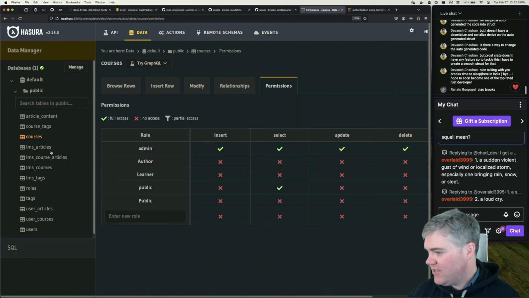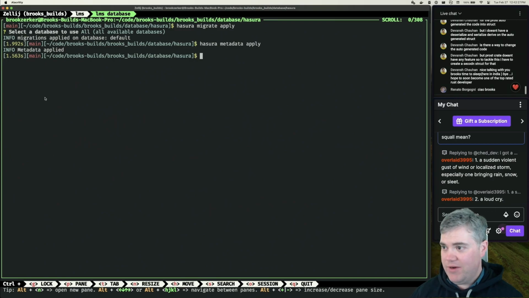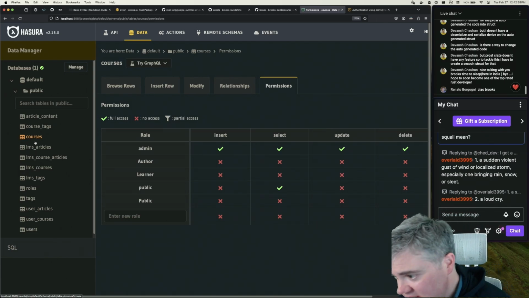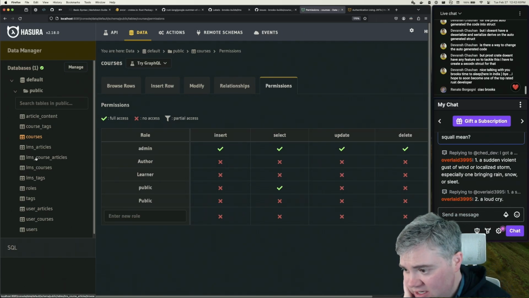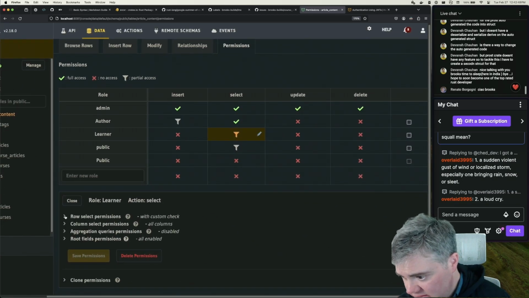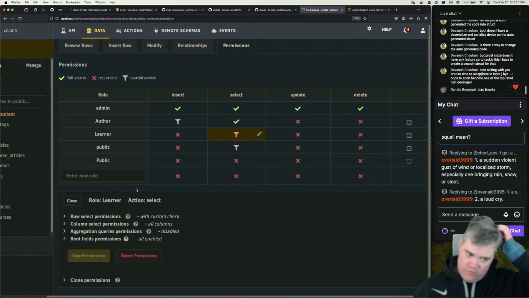Am I on a branch? No, I'm on the main branch here. This is not great, but I clearly have some permissions here. So, okay, that's courses. Now, if I wanted to go straight to the article content, a learner has filtered stuff. So we're going to go